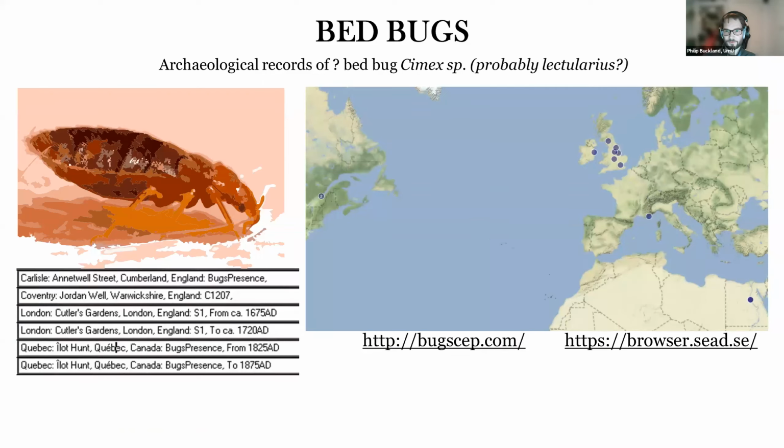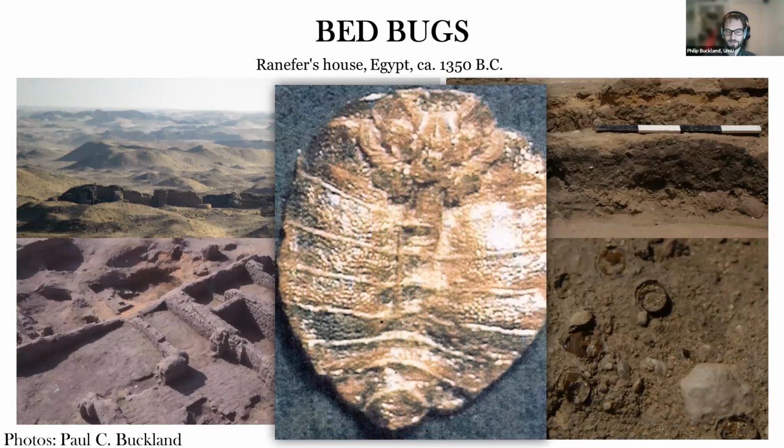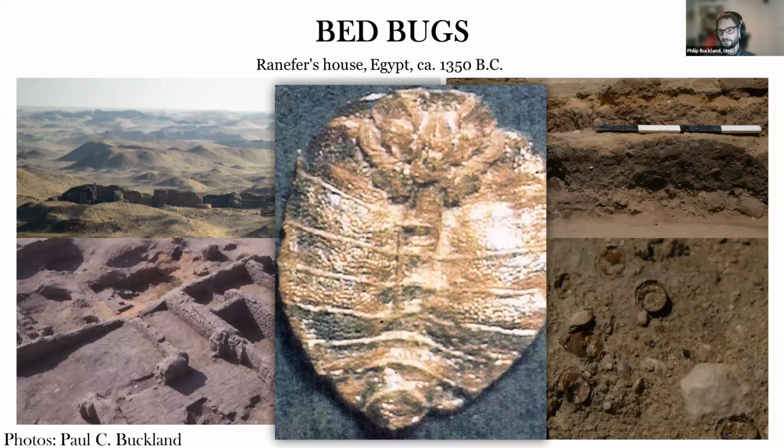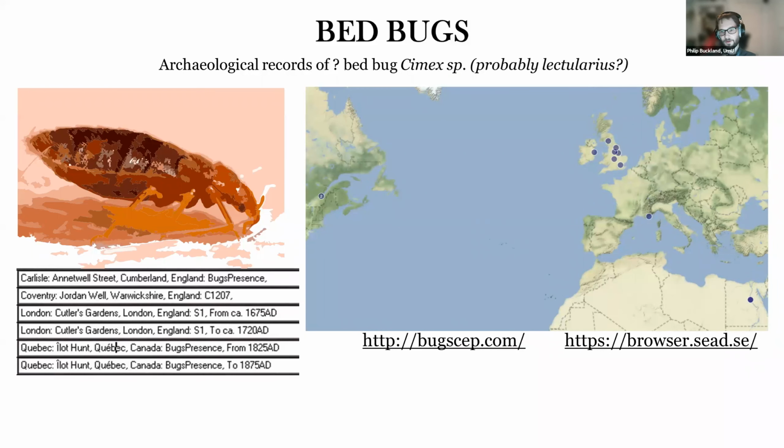When we're dealing with fossils, we're dealing quite often with different levels of taxonomic resolution based on how well we can identify things. So this is definitely the common bedbug, whereas we have other fossils that are just identified to the genus Cimex. And if we look at the sites, if we go up a taxonomic level, we get a few more sites, which probably are the common bedbug, but we're not entirely sure.